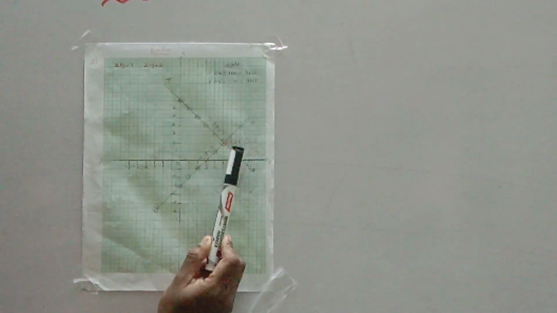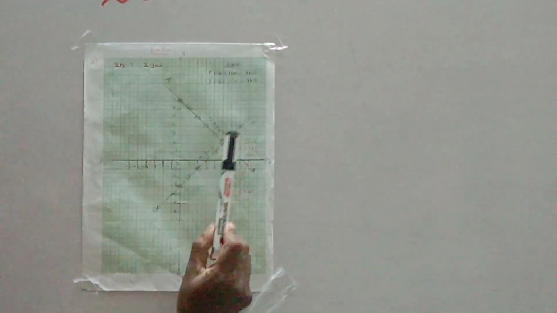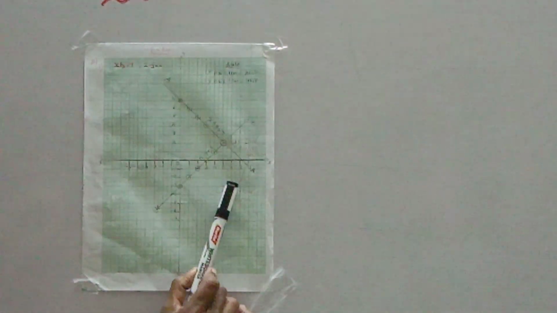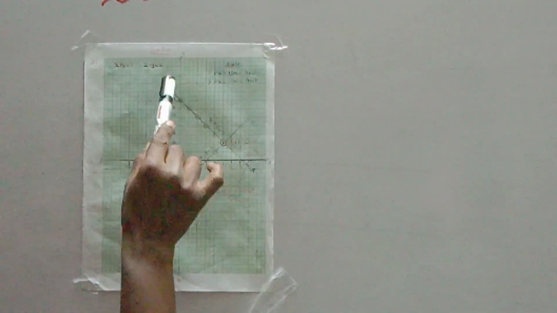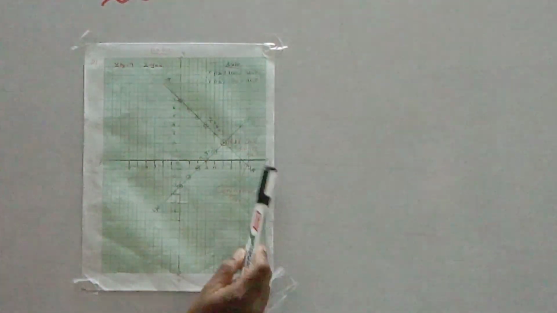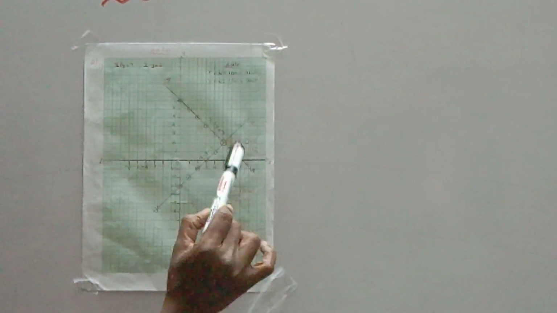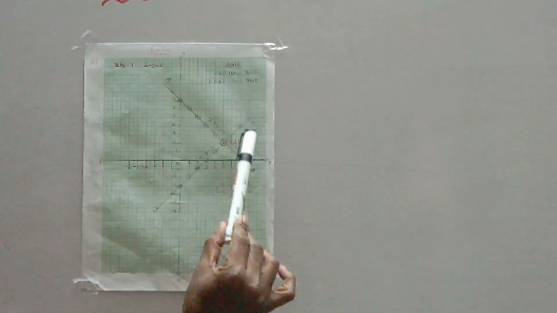In the table itself I told you they have the common point 5 comma 2. So here also, see, this is the line x plus y equal to 7 and x minus y equal to 3. When you plot the points and make a straight line, they are meeting at what point? 5 comma 2. So we can say it has one single solution. These two are intersecting lines. Therefore the system is what system? Consistent system.